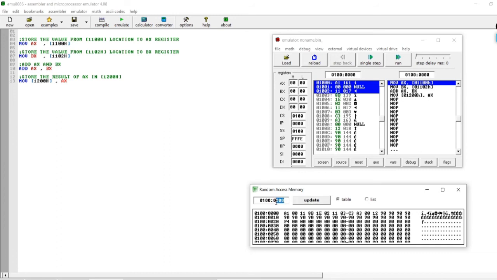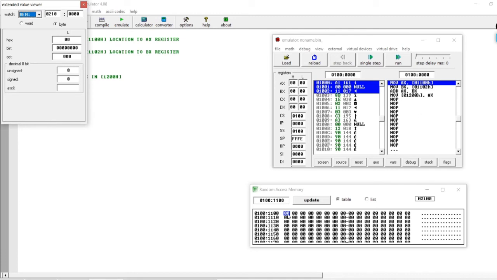So I select this offset address here and type 1100 there, and I press update. Now as you can see, by default this address has 00 value. What I want to do is store a 16-bit number in this location. So I click on the first 00, go to the hexadecimal column and change it to some number, let's say 13,